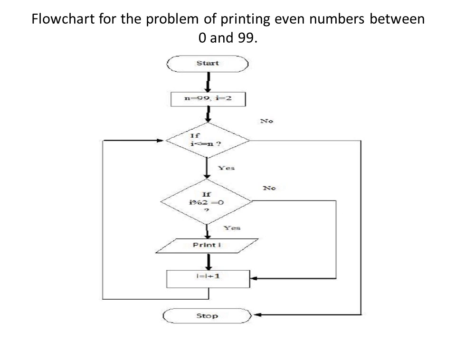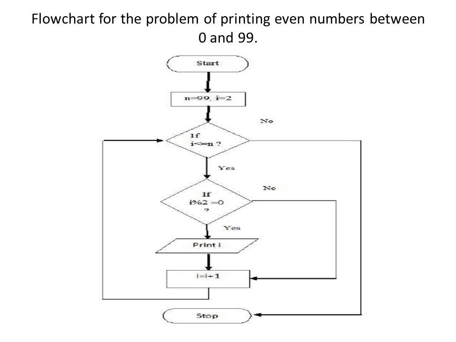And this is the flowchart for representing a looping statement. Here I am going to represent printing even numbers between 0 and 99. So I have to initialize the values first. I am initializing n as 99, and the starting even number is 2, so I am assigning i as 2. For this normal initialization, I am using the process symbol, and I have to check the condition: i less than or equal to n.